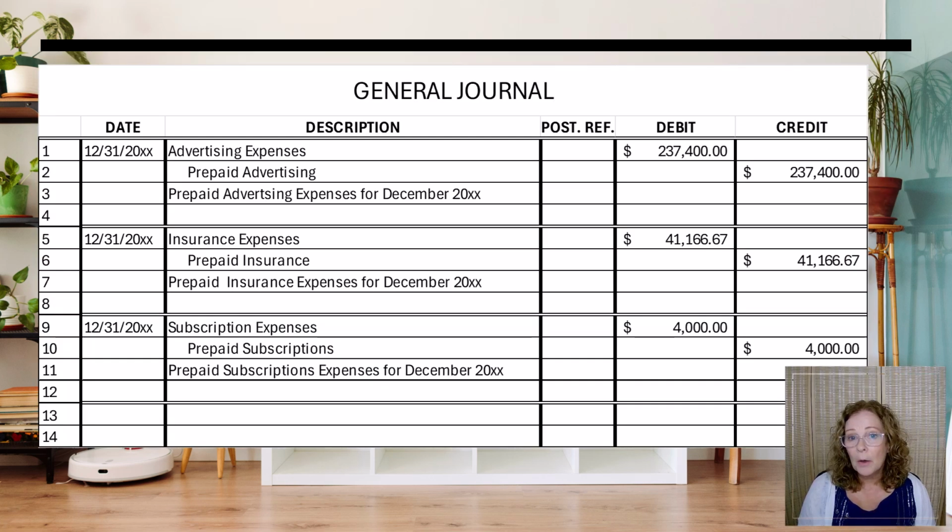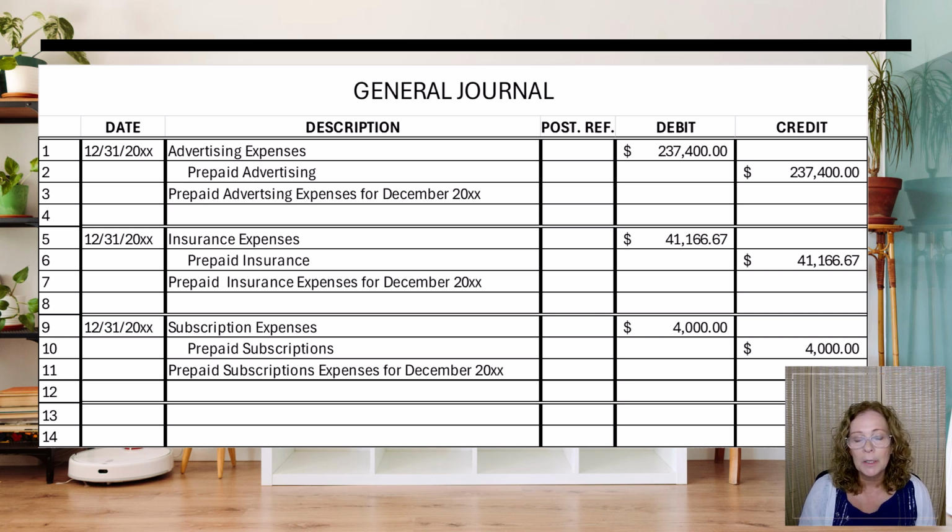These are now the adjusting entries that need to be uploaded to the accounting system and then approved and posted by an authorized individual, which could be a manager, director, or controller. The total adjustments to our prepaid accounts are $282,566.67. That means that once posted, the adjusting entries are reflected in the general ledger as reductions and should have